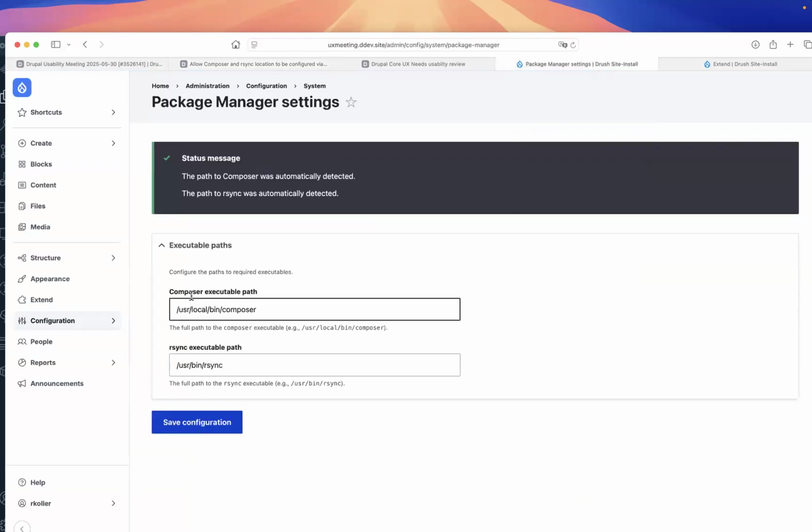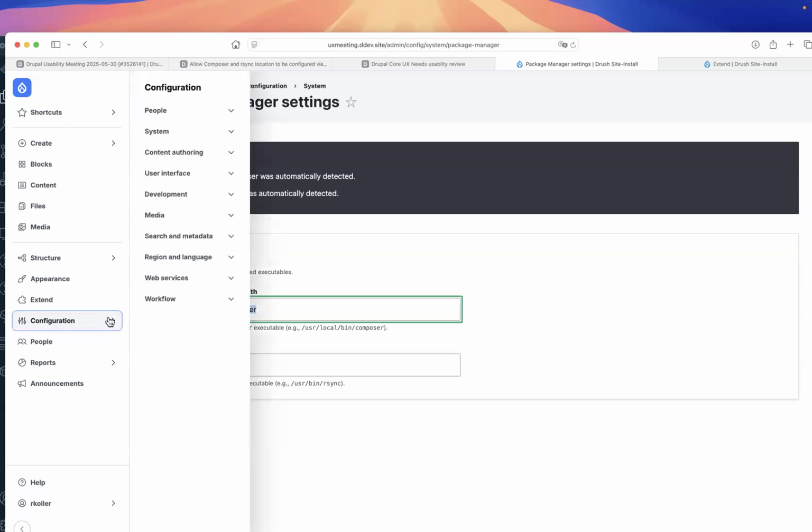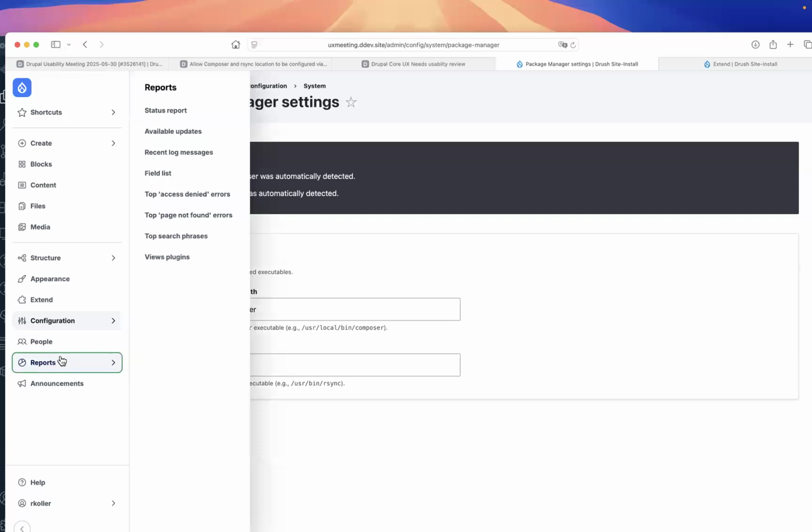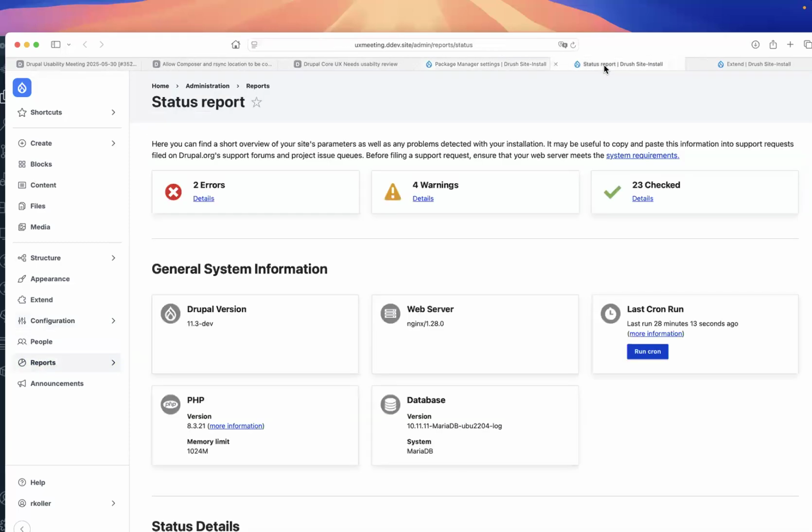And what we've talked about is adding the following settings page. That's Package Manager settings. When you get to that page, you see the status message: The path to Composer was automatically detected. The path to rsync was automatically detected. And underneath, you have a field set with executable paths for Composer, as well as rsync in the placeholder, as you can see here. And on the other hand, you also have to note you have on the reports, status reports page,